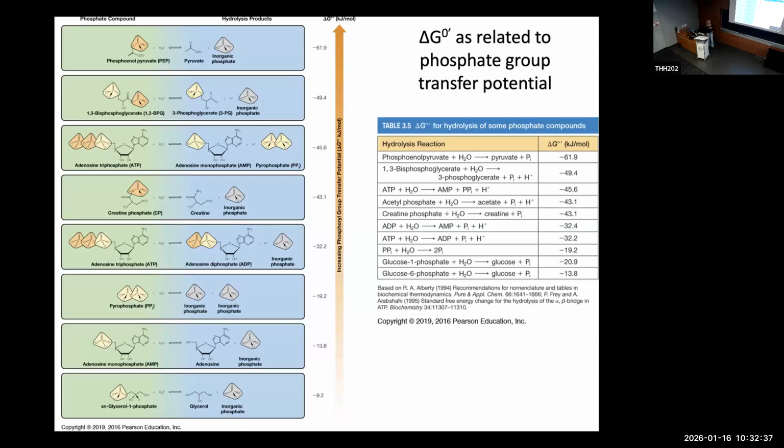But as an example, we'll look at this creatine phosphate. Anyone heard of that? Some people take that as a supplement. You can see that removing the phosphate from creatine phosphate releases more energy